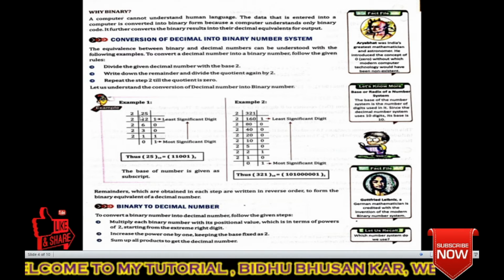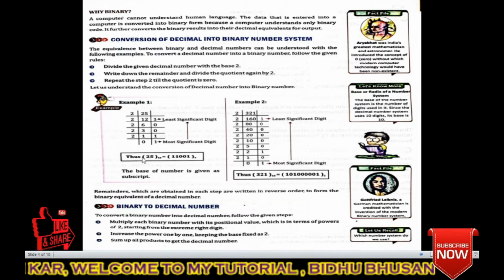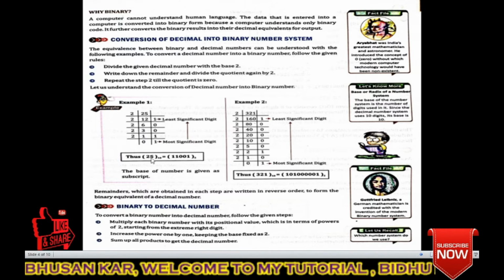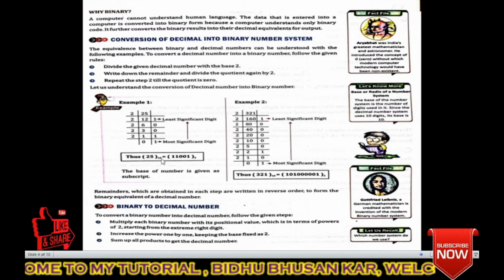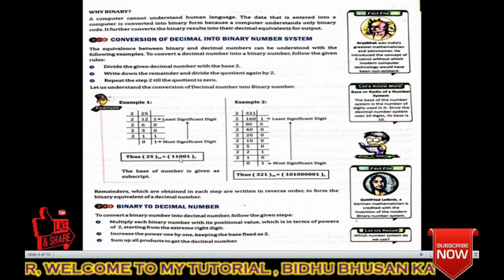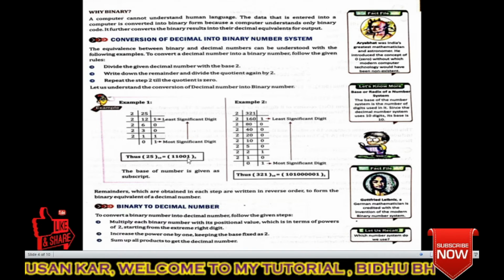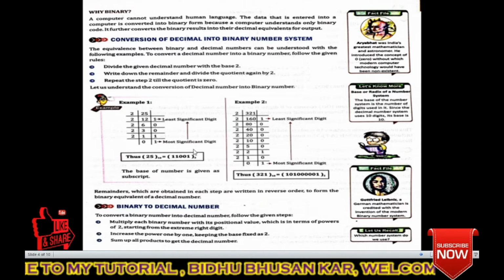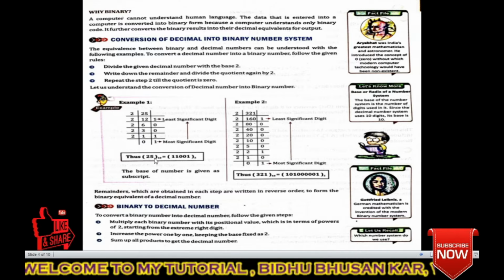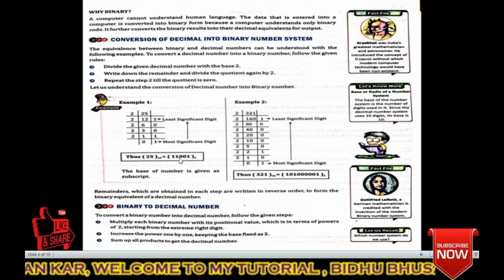So if 25 is your decimal number, how will it be converted into binary? See, here it is written 25 base 10, which means this is your decimal number system. Basically we represent a decimal number like this: 25 in brackets with base 10, equal to 11001 in brackets with base 2. So if we type 25 in the computer, the computer will convert it into the binary number 11001. How will it convert?